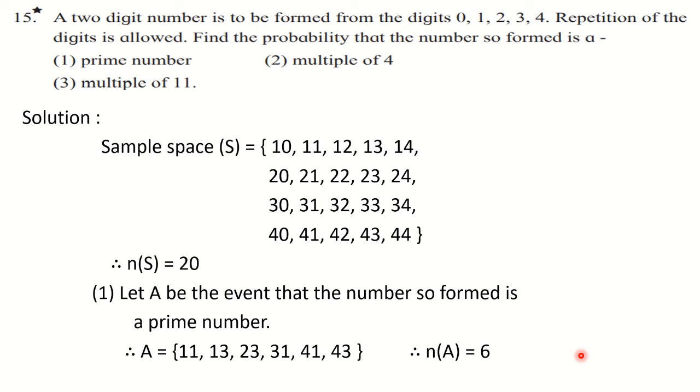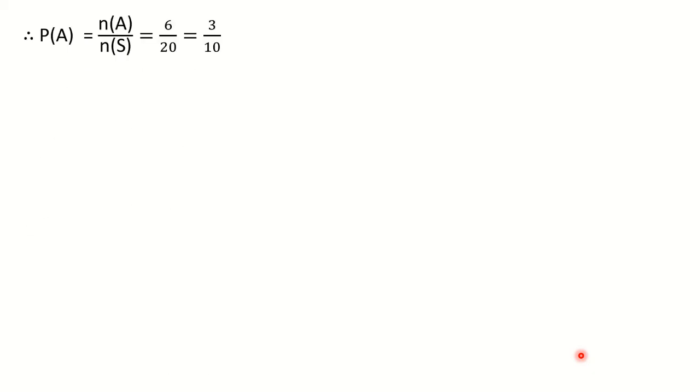So I'm writing the next step, that is the probability here. See, P of A is equal to N of A upon N of S. N of A is 6 and N of S is 20, and we can reduce it to the form 3 upon 10. Both are divisible by 2. 2 3s are 6 and 2 10s are 20. This is our final answer. Always your answer should be in the reduced form, because it's a ratio, and we have studied that ratio is always in the reduced form.